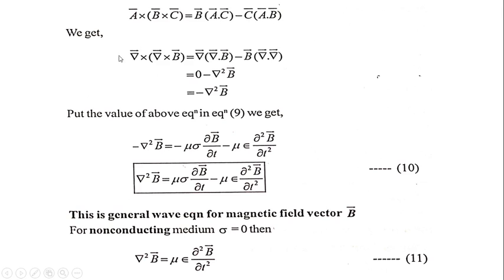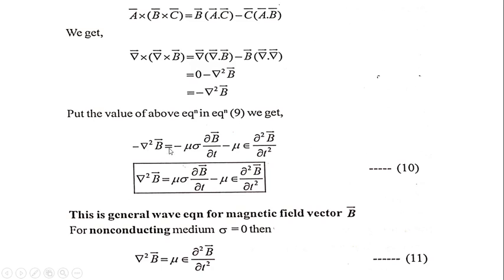So that is, we get del cross B equal to del into del dot B minus B bar into del dot del. So that is equal to 0 minus B bar into del dot del, that is del square B bar, and that is equal to minus del square B bar. So del cross del cross B equal to minus del square B bar, and putting this value in equation 9 we get